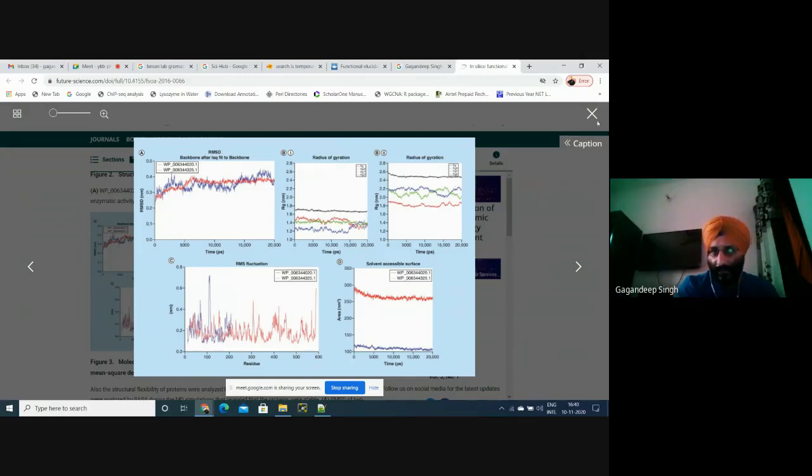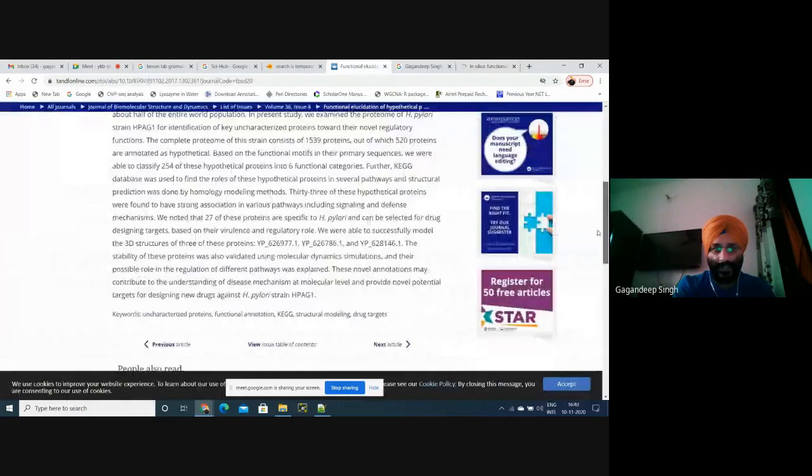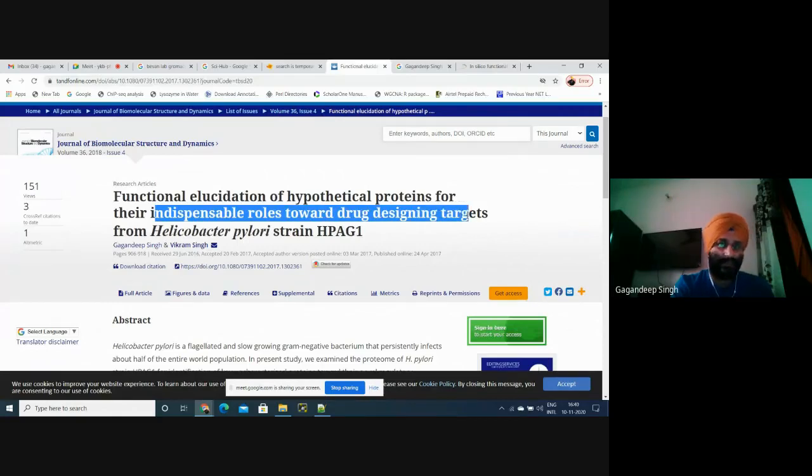Okay, this is one publication where I have shown this. And see, this is the other publication, which is basically not available right now. But in this publication you can see functional elucidation of hypothetical proteins. First of all, we have characterized these for their indispensable roles toward drug designing targets.